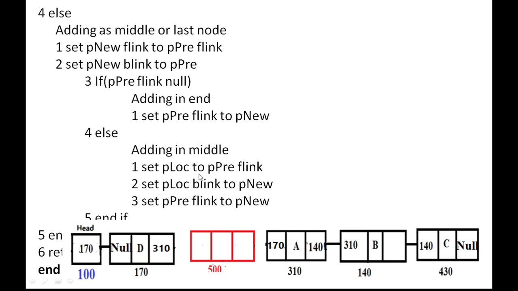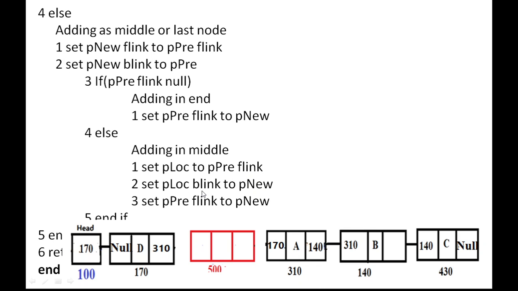Okay, and one more thing is that because it is now a doubly linked list, we must also modify the next node. This we have already seen in the previous case also. So we have to go to this next node and change its backward pointer. This backward pointer has to be replaced by the address of the new node, and that's what is done here. So I am using again a temporary pointer called p location. So p location 2 is made to point to p pre forward link. See, p pre forward link is 310. So when I say p location equal to p pre forward link, it actually points to 310, this particular node.